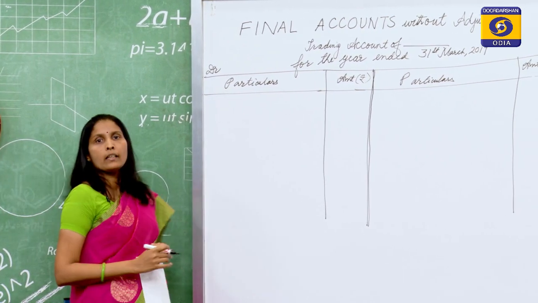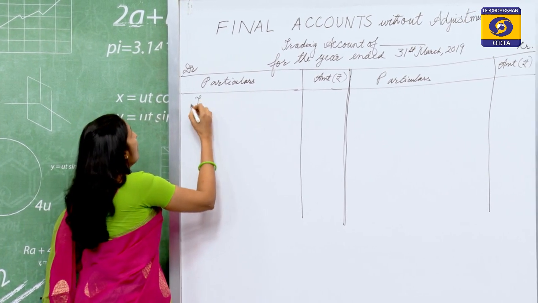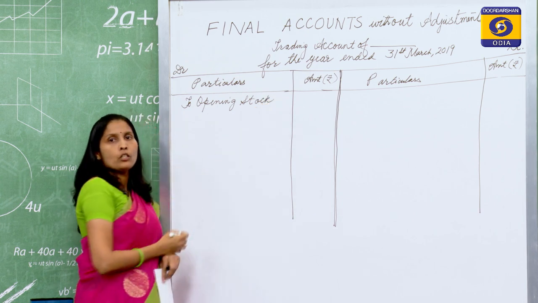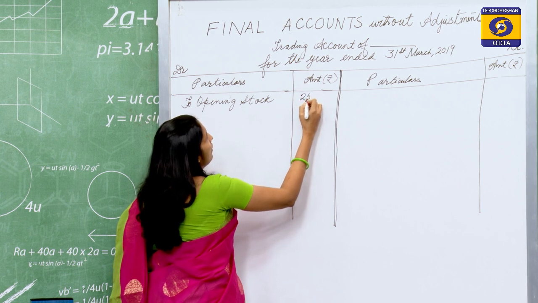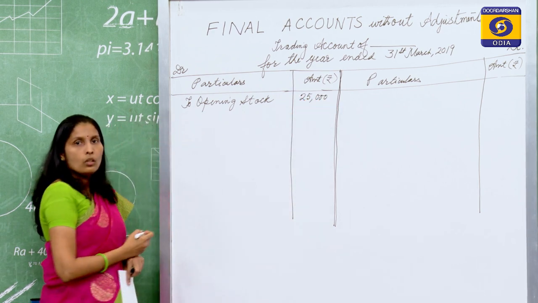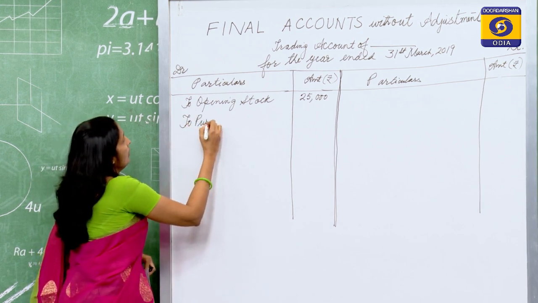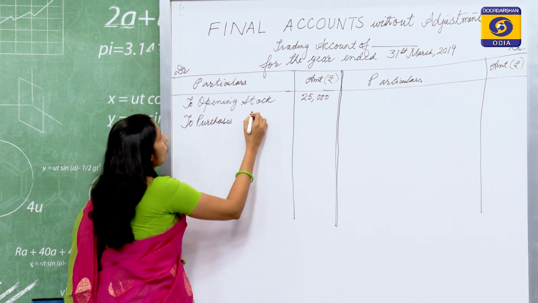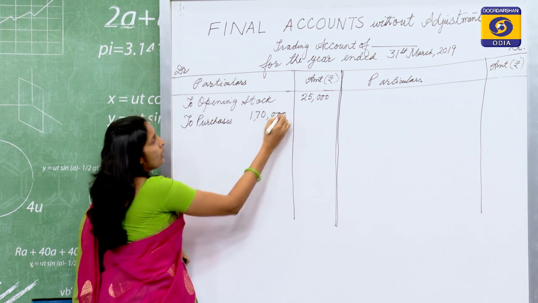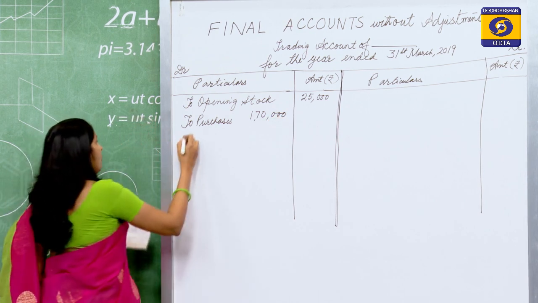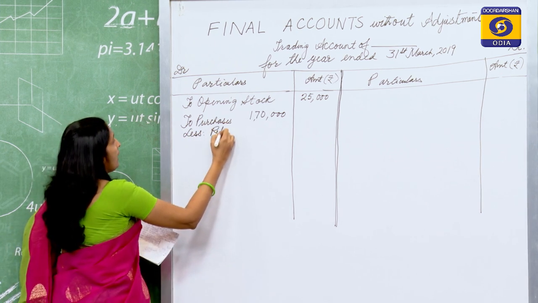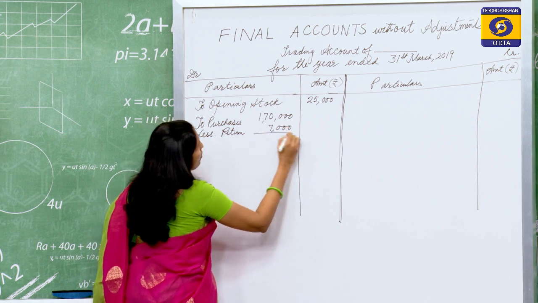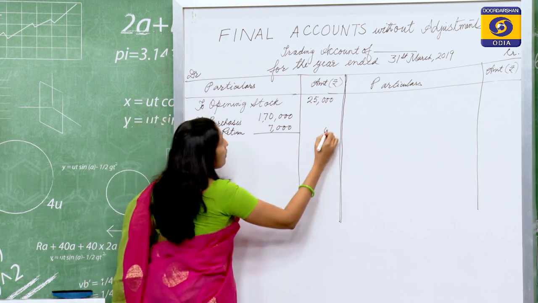The first item, as I already said, will be opening stock. So, to opening stock, the amount given to us in the question is 25,000. Next item we have is to purchases. The purchases figure given to us is 1,70,000. Students will write that in the inner column because we have a calculation. So, to purchases 1,70,000. Again we have less returns. We have purchase returns, and the amount of returns is 7,000. So, 1,70,000 minus 7,000,